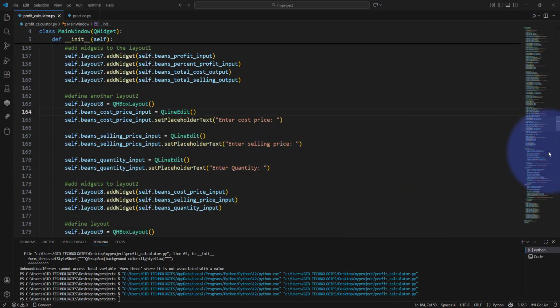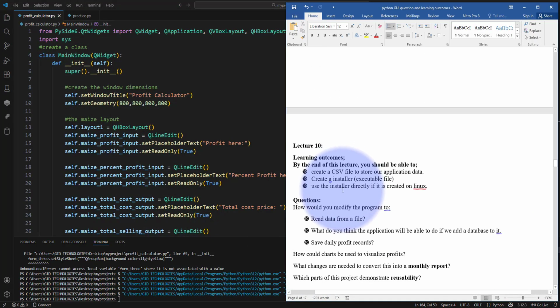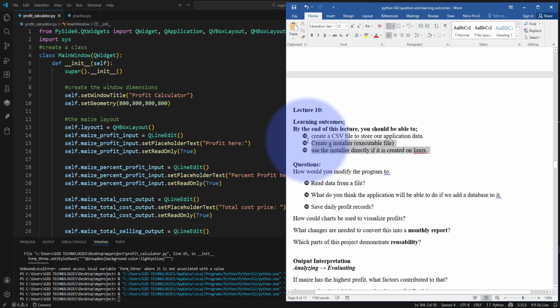Alright, welcome back. Let us proceed to lecture 9. In lecture 9, we are going to be guided by these 3 learning outcomes. We should be able to create a CSV file to store our application data, then create an installer. This is an installer or executable file. Then use